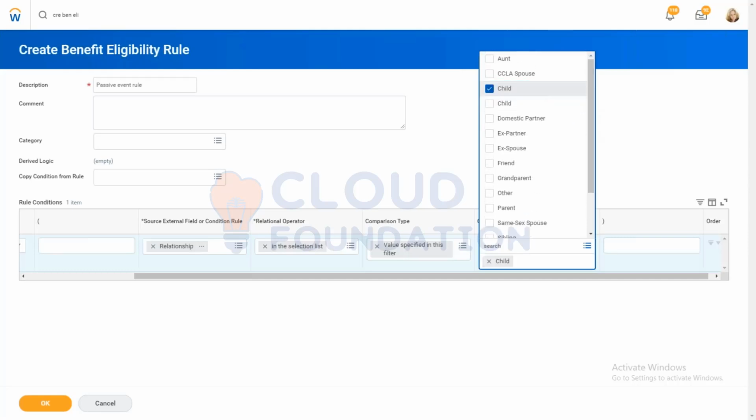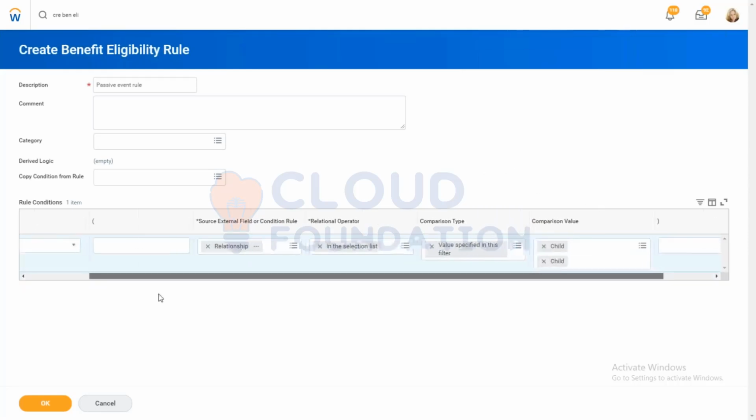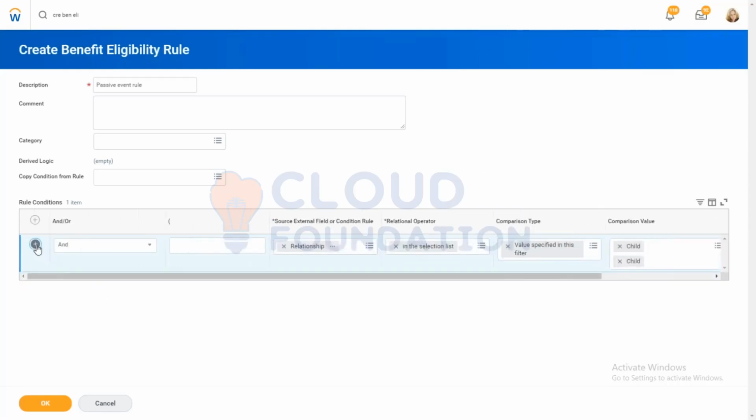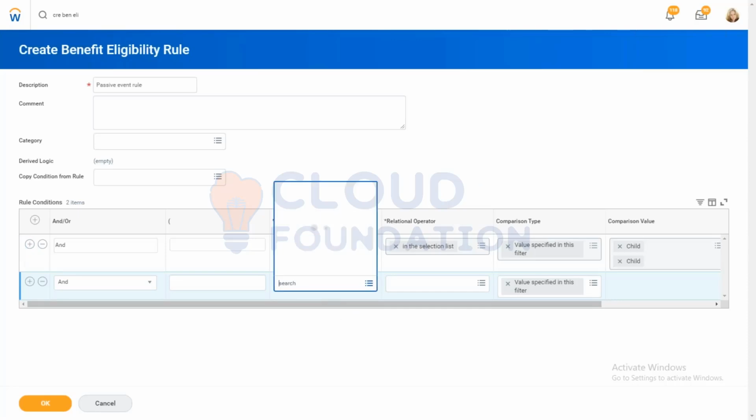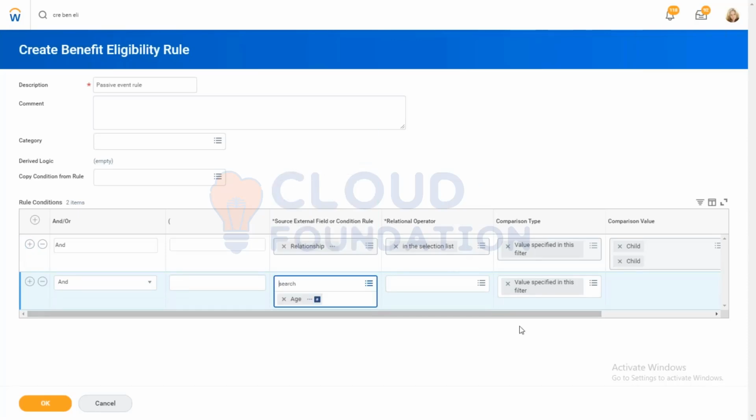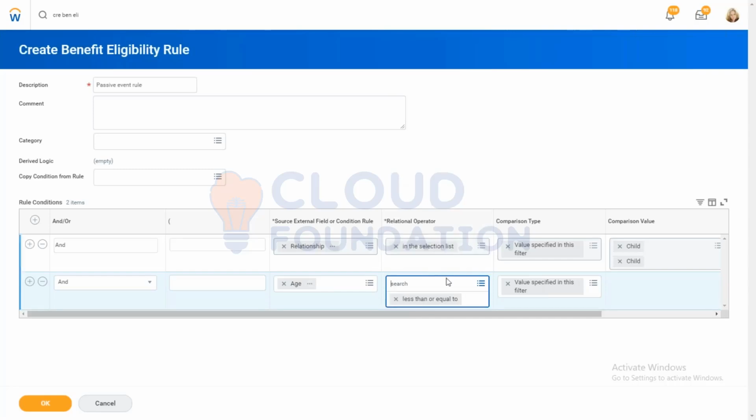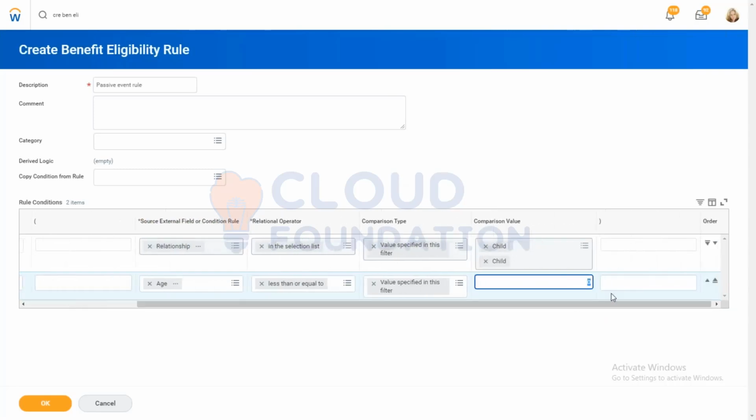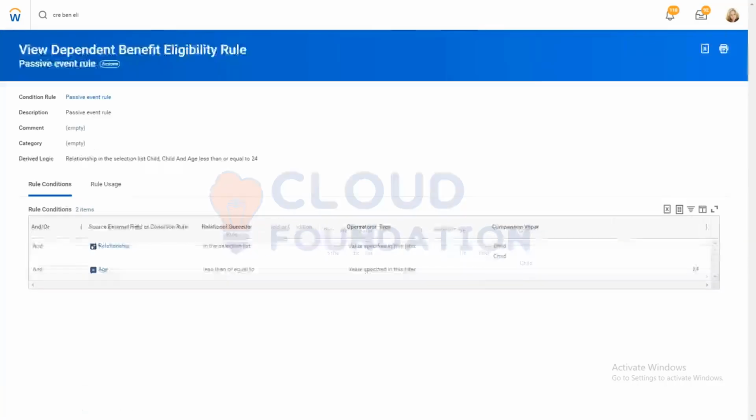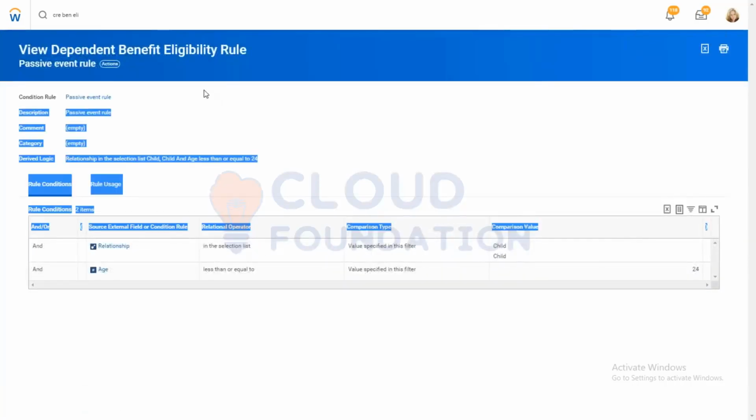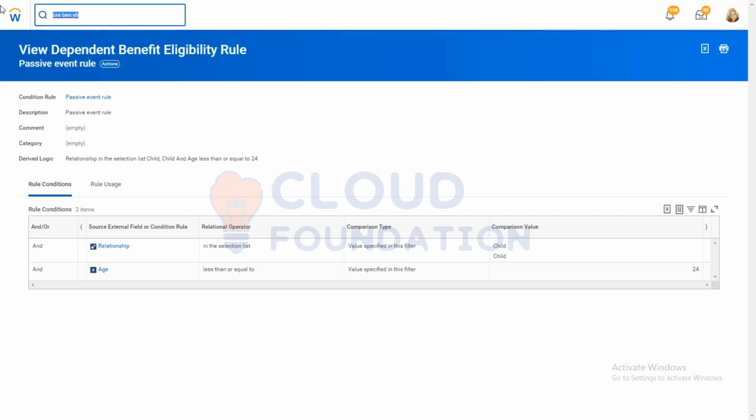So there are duplicate values. Let me set both. Add row button. Child age less than or equal to 24 is the rule we created. Then create